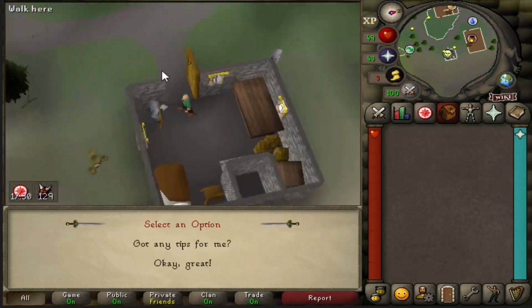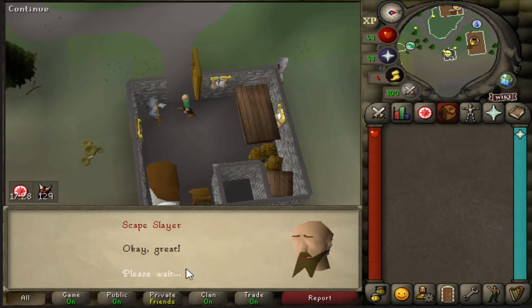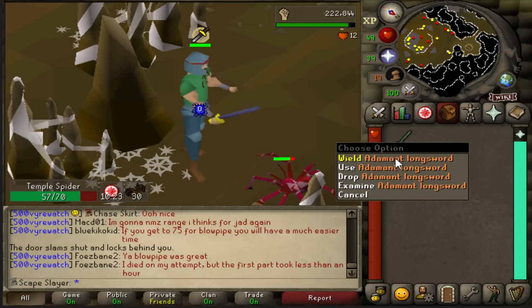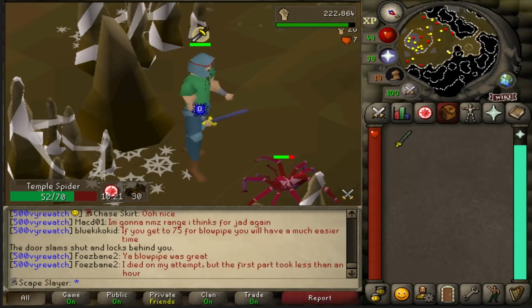Here we go, spiders. That means we're gonna go and kill some more temple spiders in Zeah once again. I wish this was better than a mithril sword, but still, an elite weapon, pretty sick. Here we go for